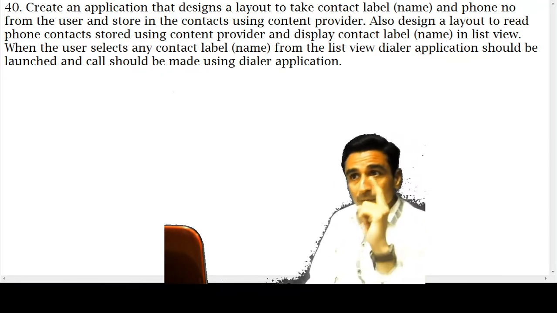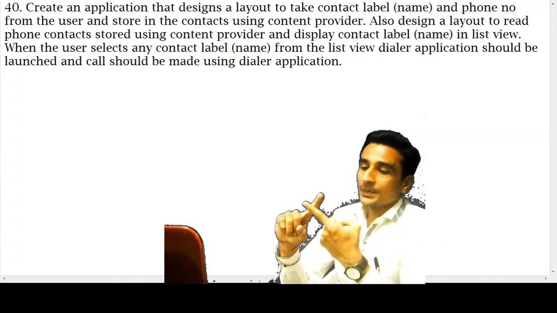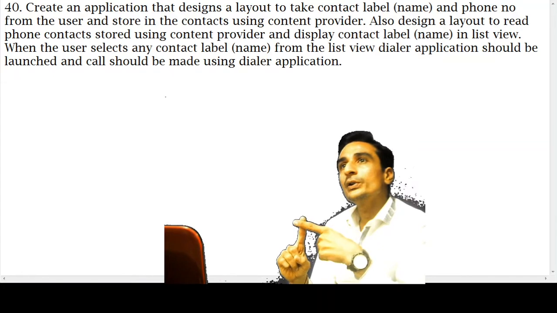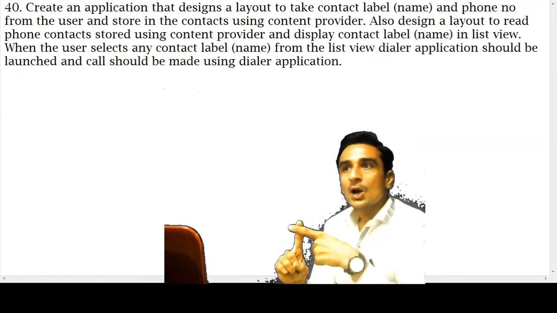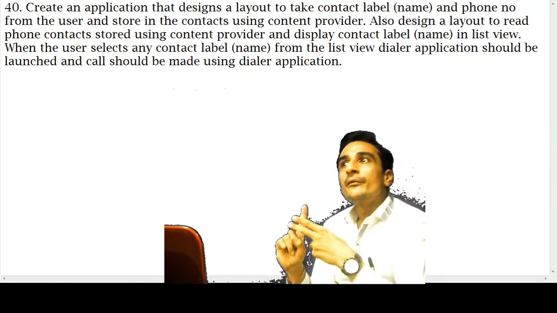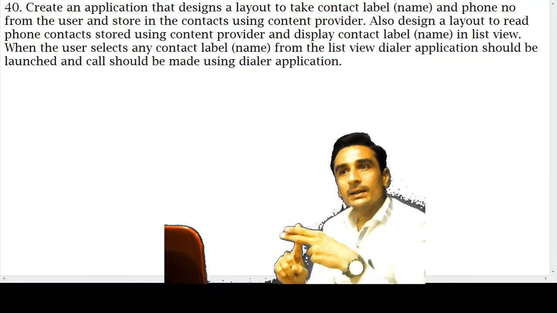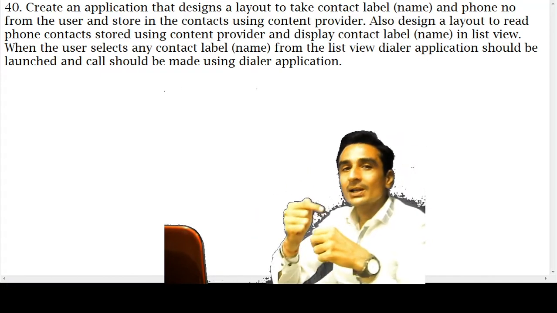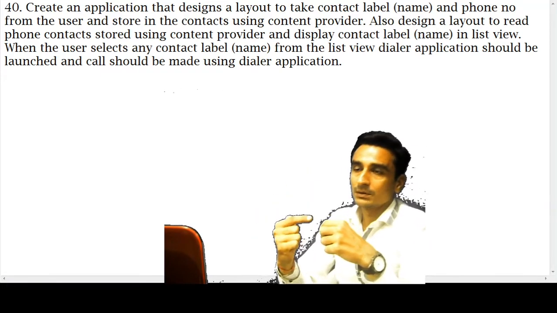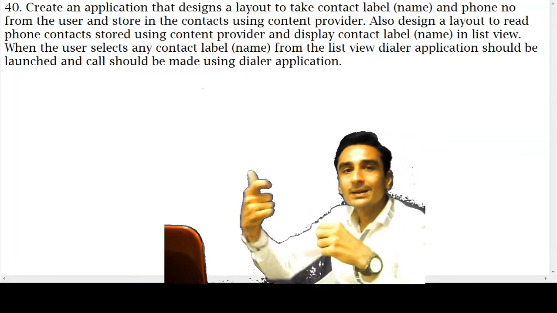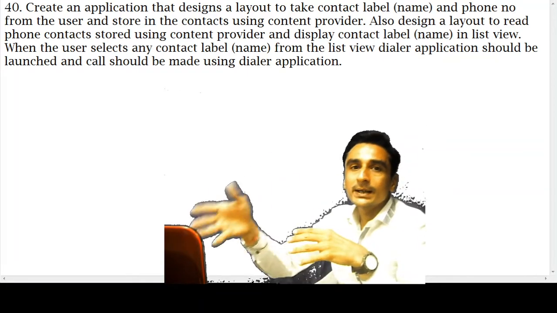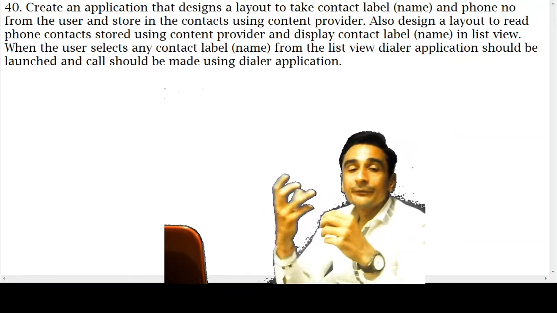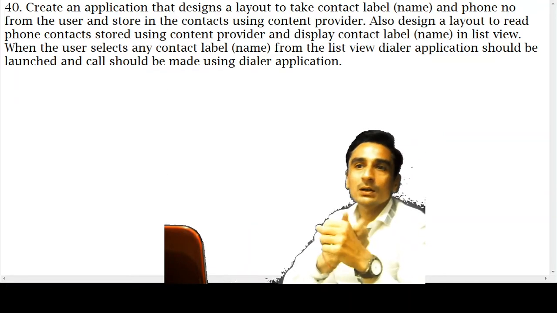Here, first of all we have to launch the dialer application. For that we need to use the implicit intent action dial. Another thing, we have to open the dialer application, and in it the phone number of the contact on which the client just clicked should appear, so that he can initiate a call. So again we need to retrieve the phone number associated with that particular contact.